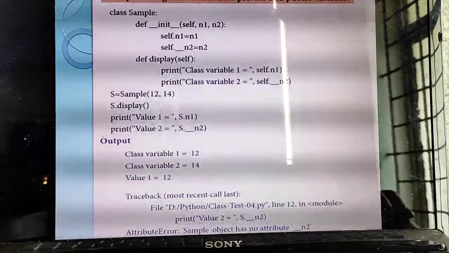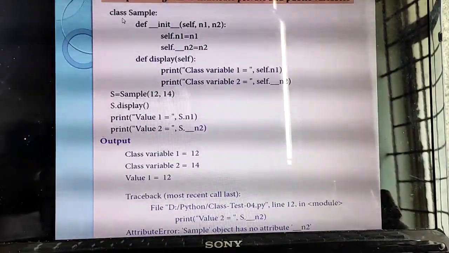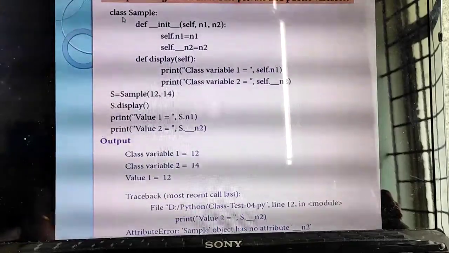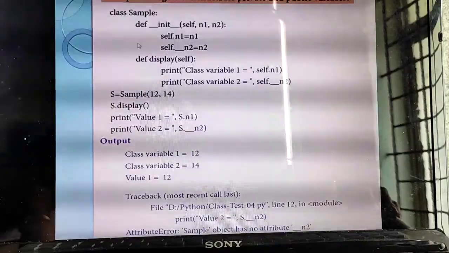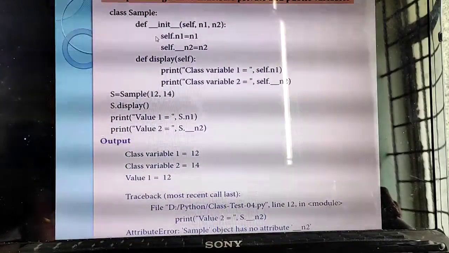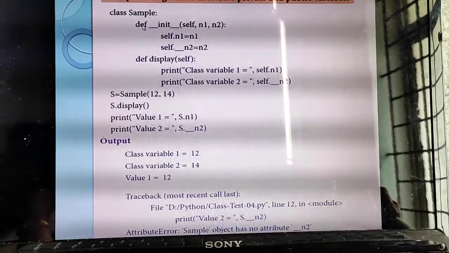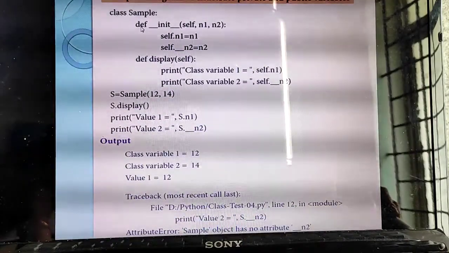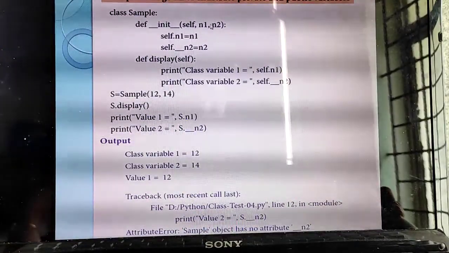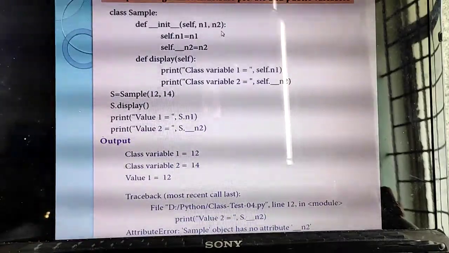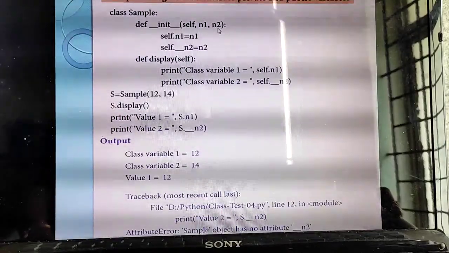Understand? So see this example. If you see this example, you can understand. First you have created one class. What's the form of creation of a class? Class starts with the keyword class. What's the class name? Sample. What is this one? def __init__, the constructor. So inside the class you have defined a constructor. The general syntax of a constructor starts with the def keyword, then __init__. The first argument automatically is self. How many variables have you passed inside the constructor? Two. What are they? n1, n2.